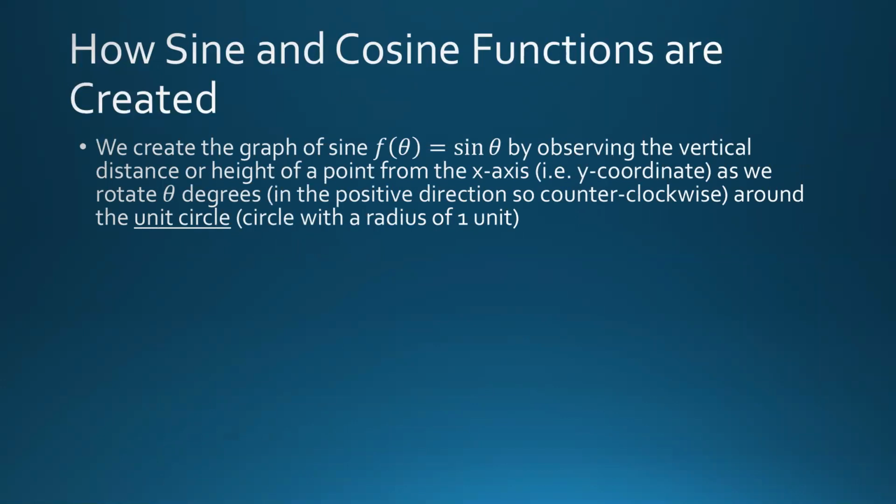Well, you might have noticed that in the sine graph, what we were really doing was observing the vertical distance or the height from the x-axis. And we do this because, again, you don't need to know why this was created, but in my opinion, I think it helps you make more sense of this. So this all comes from the fact that we are rotating around a unit circle that has a radius of 1. So if you recall, the very beginning, this is in unit 5, we talked about the sine ratio